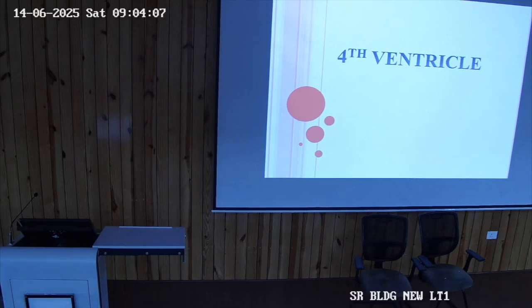Certain tumors of the cerebellum, when they get enlarged, can obstruct the fourth ventricle, and the approach to those tumors is through the fourth ventricle. That is why the anatomy of the fourth ventricle is important, though the topic is very small. The fourth ventricle is small, so it's gross anatomy. There are a few things, so we will just be doing it.